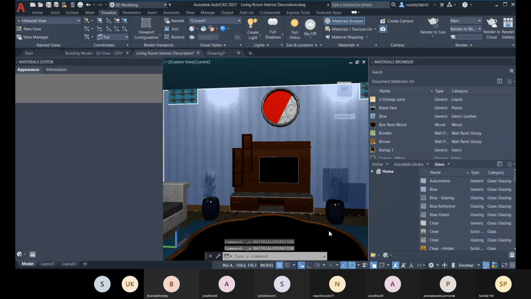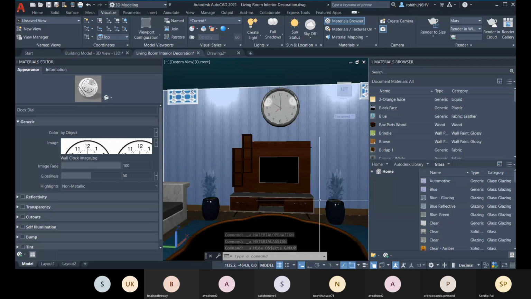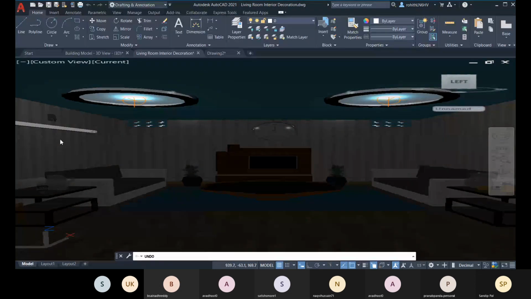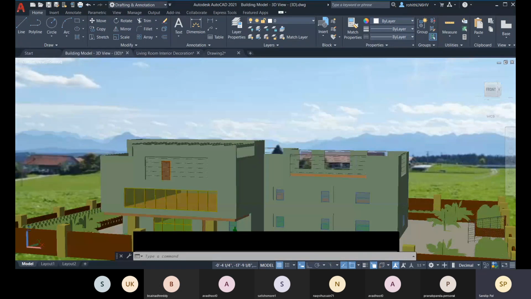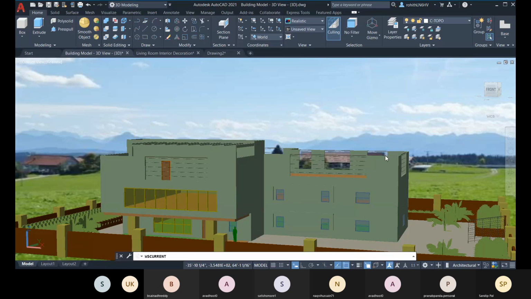Okay, so let me get back to this model, where I was presenting about the rendering part.